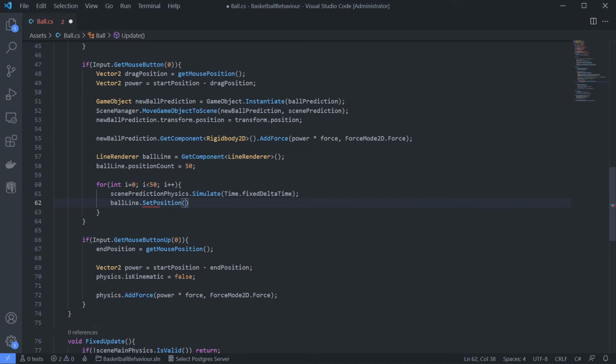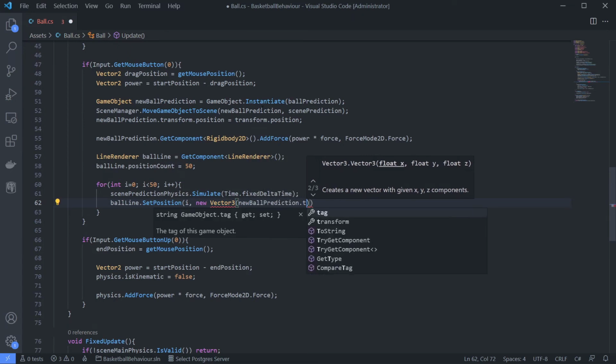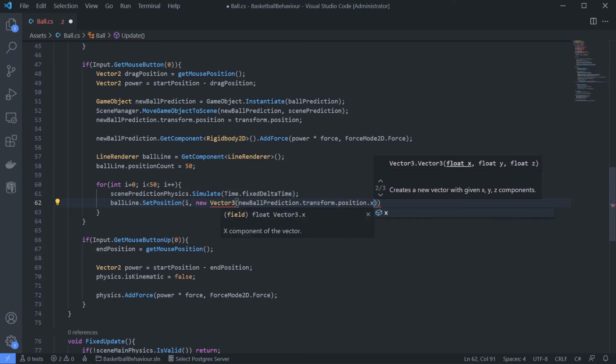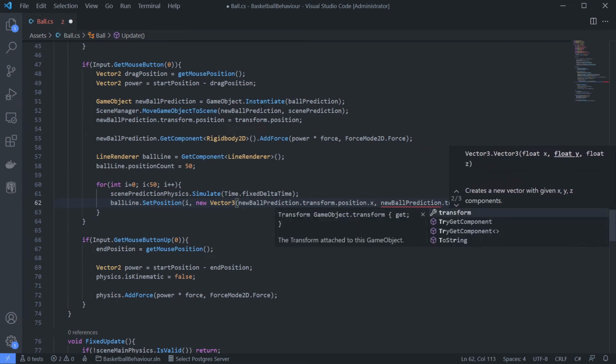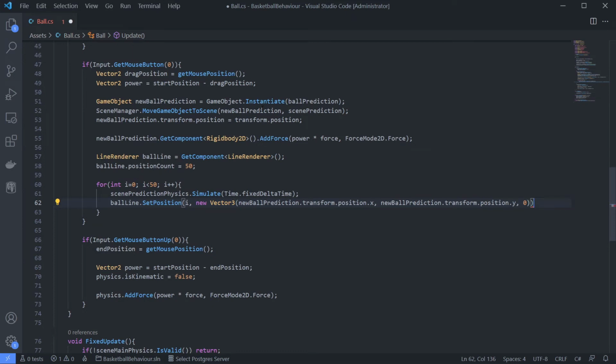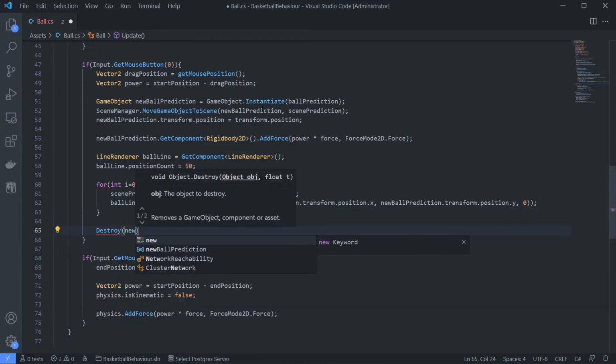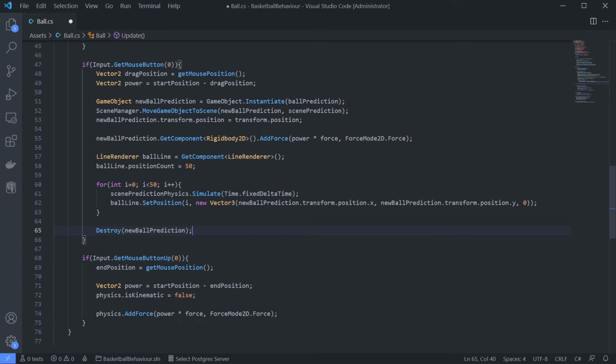So SetPosition index i, then a Vector3 position, which is new Vector3 newBallPrediction.transform.position.x and newBallPrediction.transform.position.y. And actually we don't care about the z, so that's it. And after that we can destroy our ball prediction. Just use Destroy newBallPrediction, so it will not flood our scene with balls like before. Save it and